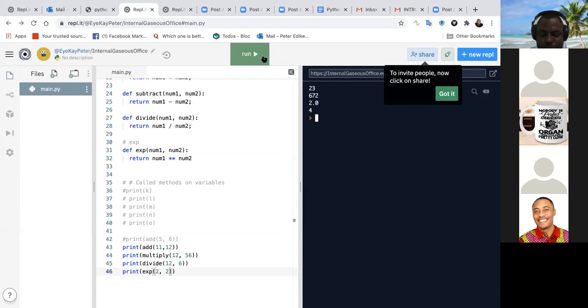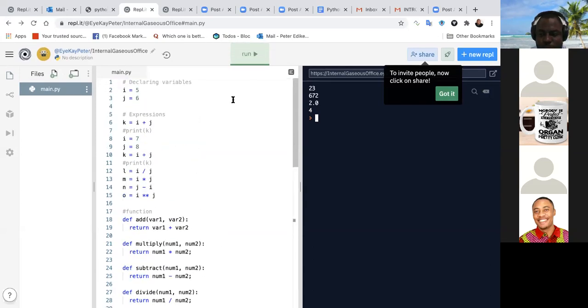And basically, that does it. So three things that we have covered today that are very important in your journey as a software developer: one, we typically declare variables in a Python program. We'll apply operators to those variables that would give us an expression. And then we would typically call methods or use those variables and our